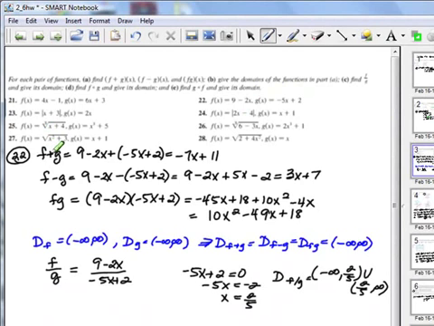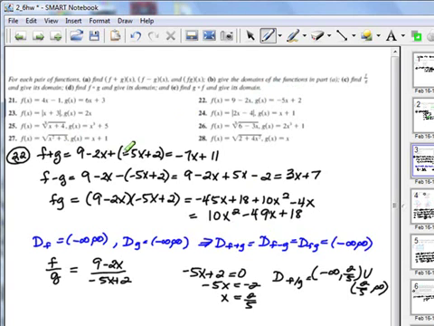So just keep in mind that the sum, difference, and product all have the same domain. Those domains are the intersection of the domain of f with the domain of g. So we'll go ahead and talk about that just for a minute. Since each of these is a linear function, the domain is negative infinity to infinity. Therefore, the intersection of those would be negative infinity to infinity. So the domain of f plus g, the domain of f minus g, and the domain of f times g are all real numbers. So to do f plus g, we simply add 9 minus 2x plus negative 5x plus